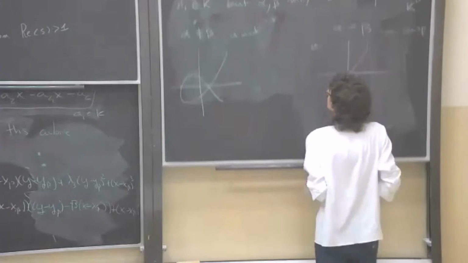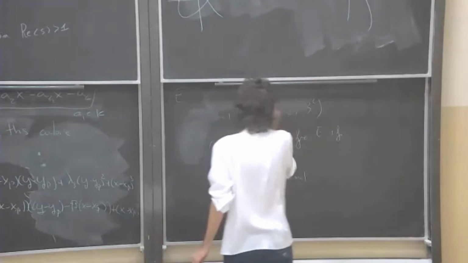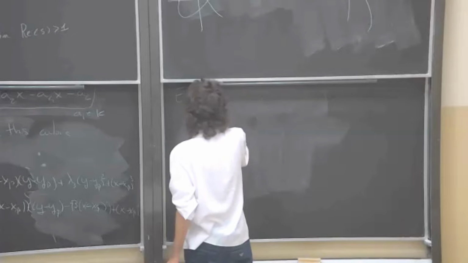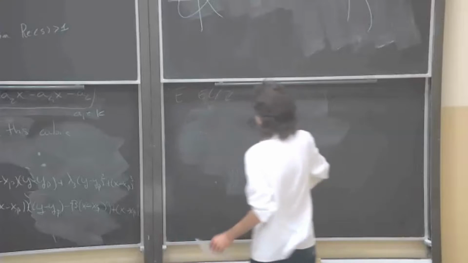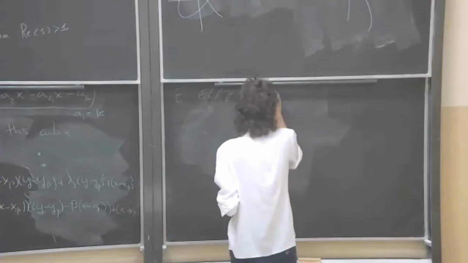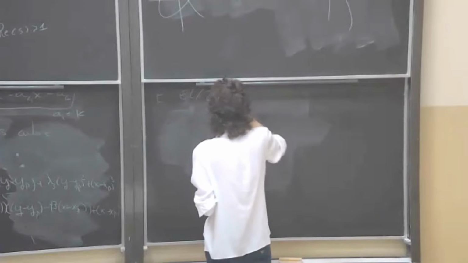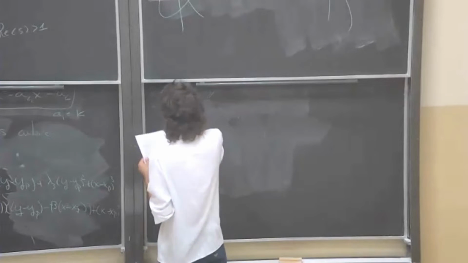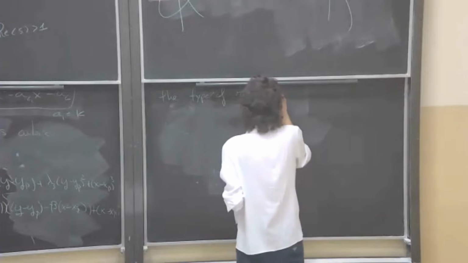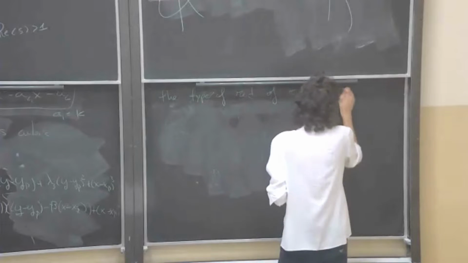And in particular, this allows us to define the type of reduction of E. So E is an elliptic curve over Z, so we ask if we can make sense of reduction modulo P. Let E be... the type of reduction of E at P is